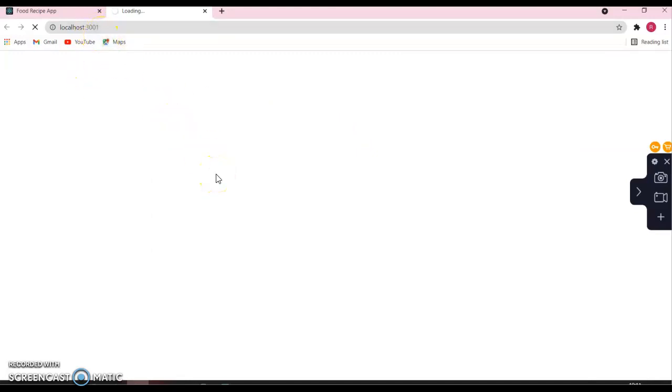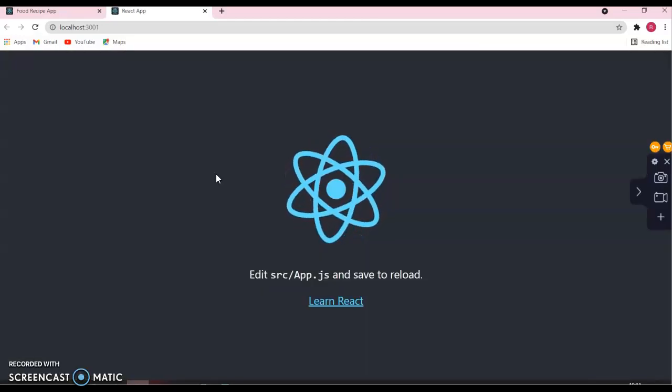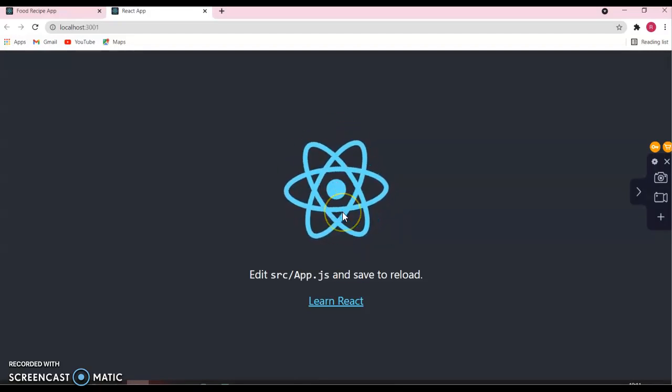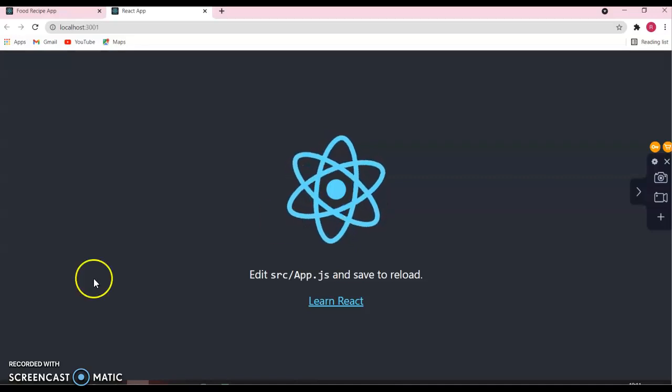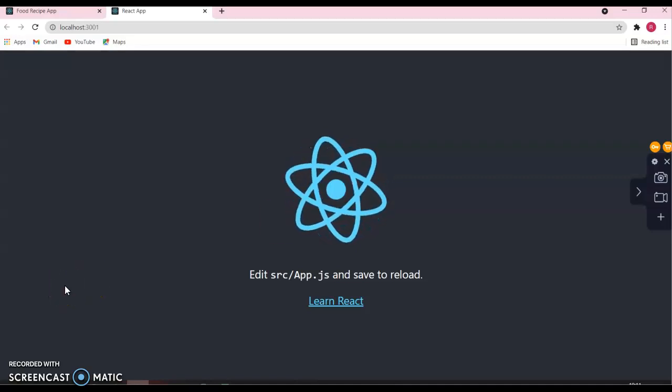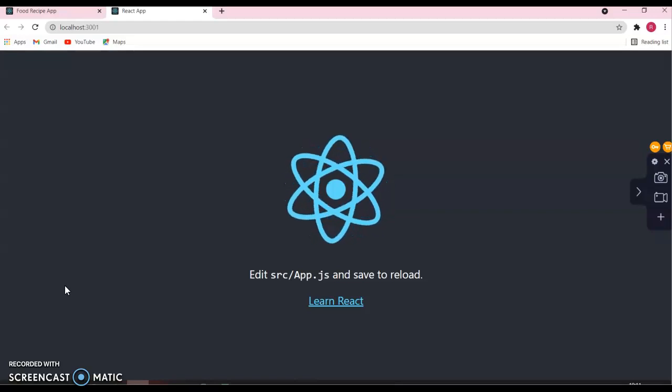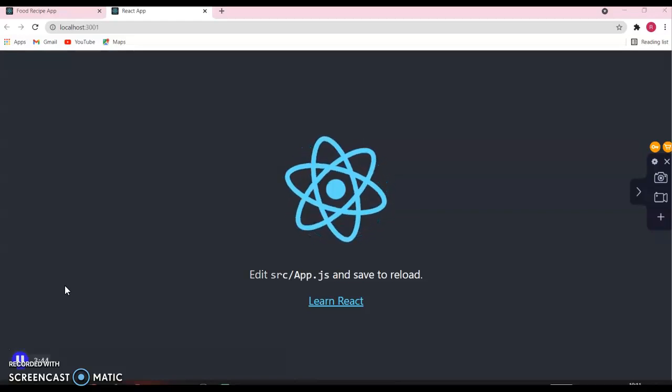It is loading, and it will show some predefined content for us just to make sure that the React app is working perfectly. If you see, it is showing that it is working perfectly, and this is the React app. Let's open this in one of the IDEs, and my favorite IDE for React is Microsoft Visual Studio Code.